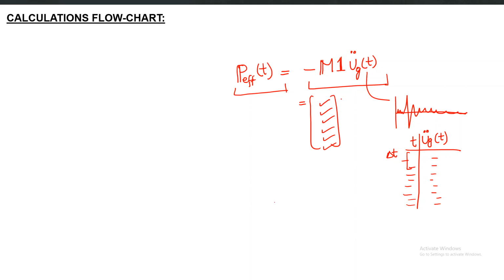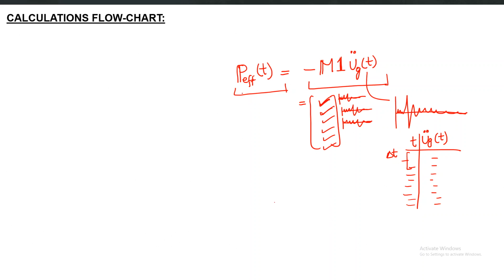Each entry is one function, random and numerically defined. The time history of each will be the same, but the amplitude will be different depending upon the multiplier which is multiplied with the UG dot dot.